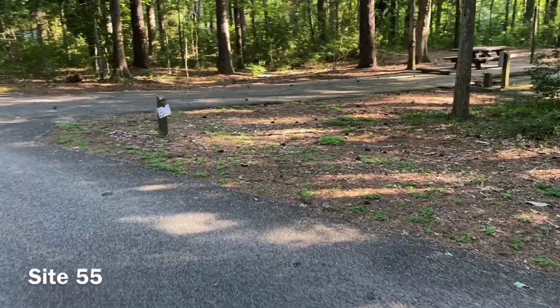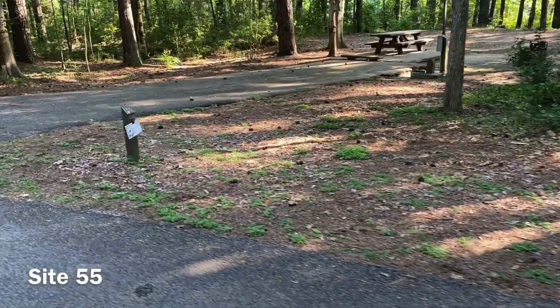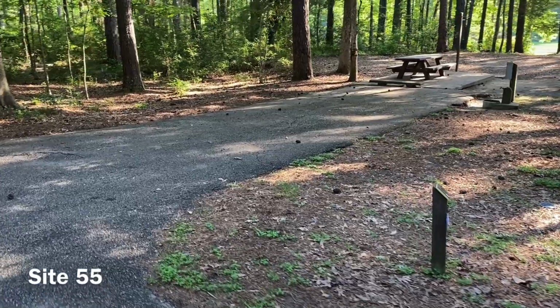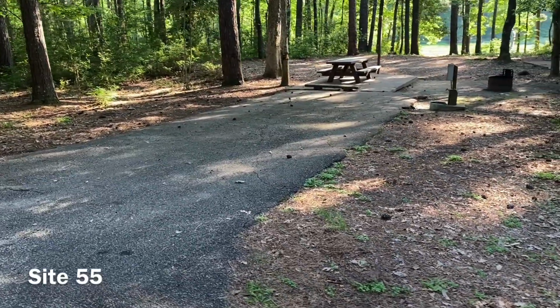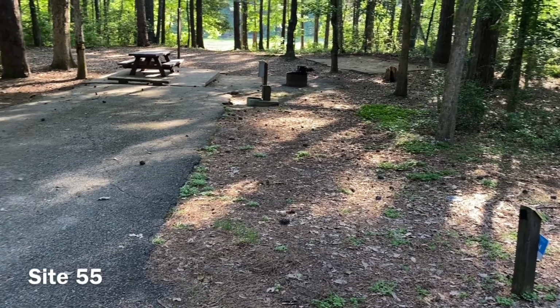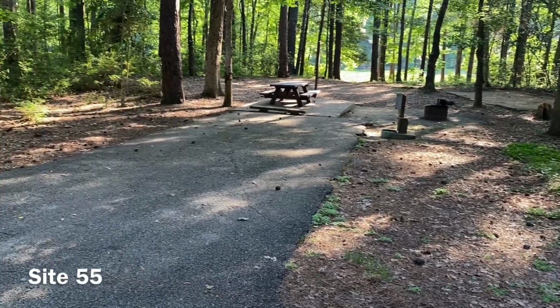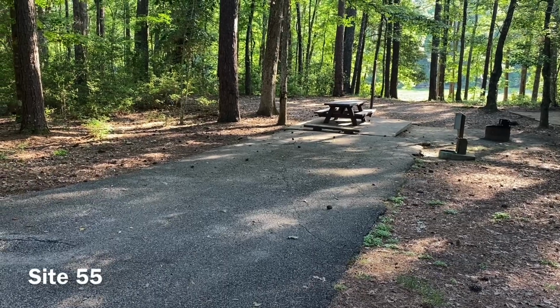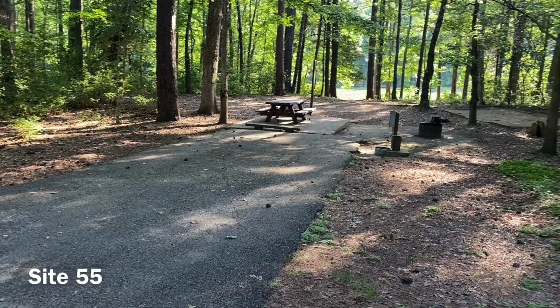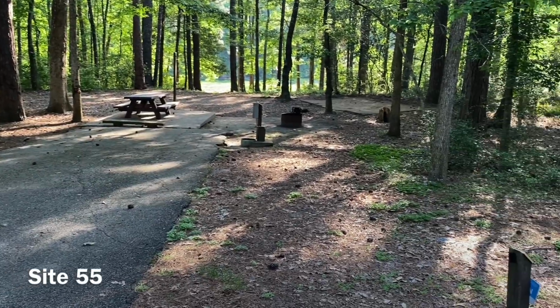Making our way down to 55. Back inside here, and you start to see a little bit of the water out there through the marsh. Nice tent pad there, large camp area on this water and electric site. We'll say that you're backing in and all of your camp area would be behind your rig here at this